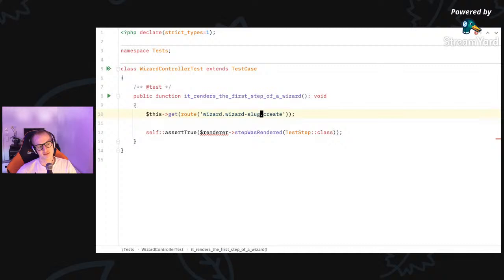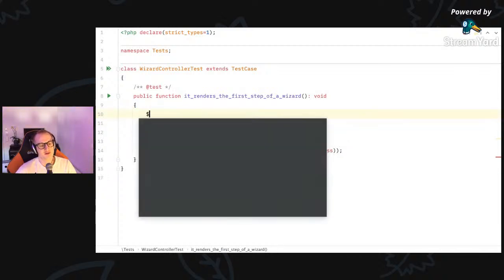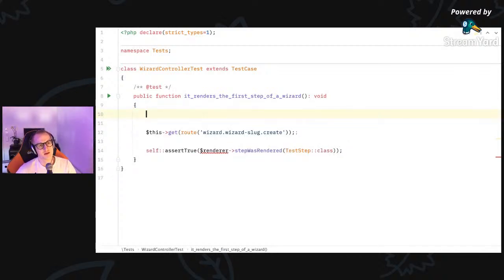And then I guess the next question is, where the fuck does test step come from? Why is this the step that's rendered? This is where we can mock the wizard that gets returned from this. We'll just say when you ask this wizard, give me your first step, it's just going to return this. So that's kind of my act phase, right? And now what are the things I need to set up? I need to ensure that